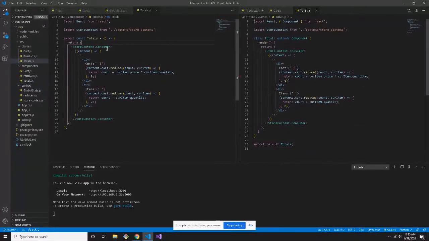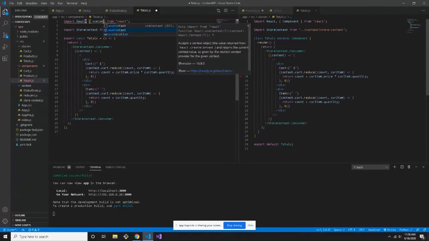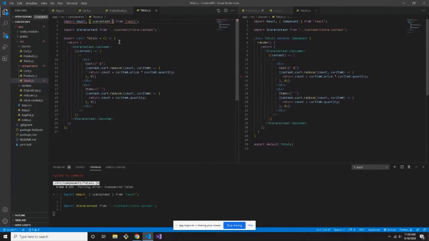And this is pretty much the same. What I wanted to highlight in this one, if you'll notice, this is a functional component, is you can still wrap this component in a store context.consumer. If you didn't want to bring in useContext here,